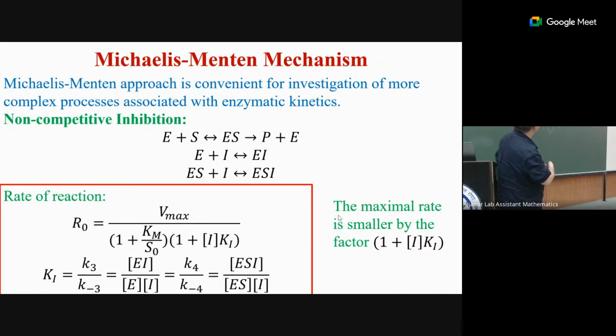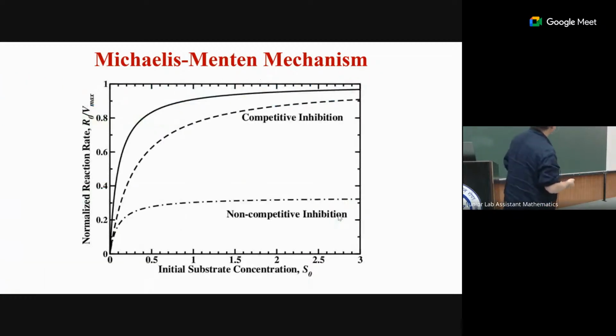Or you can do something which is known as non-competitive inhibition. Suppose this compound not only reacts with the enzyme, but also reacts with this intermediate. Again, you can do the mathematics and you can get the expression here. And it's always convenient to look at the graphs. So this graph shows you normalized reaction rate. The solid line is the pure original Michaelis-Menten. You can see what I told you: at small concentration it's linear, and when large it saturates, that hyperbolic dependence.